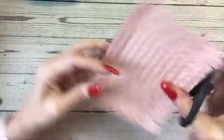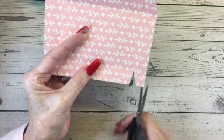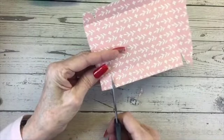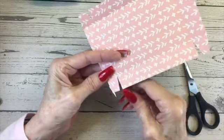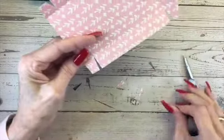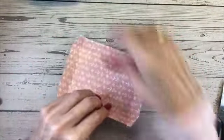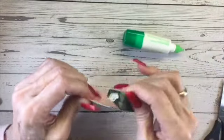Not that I know what that means, but I know it just makes the tab fold in much nicer. It makes the box work better. If you do these little triangles, trim off these little triangles. Okay, now let's put our lid together. And do you see how easy this is? This is why I call it the quick and easy last minute,